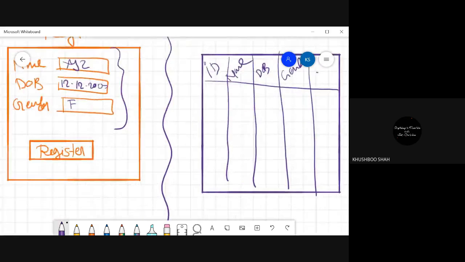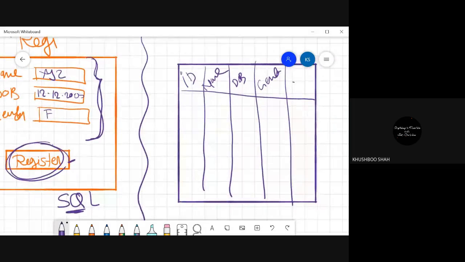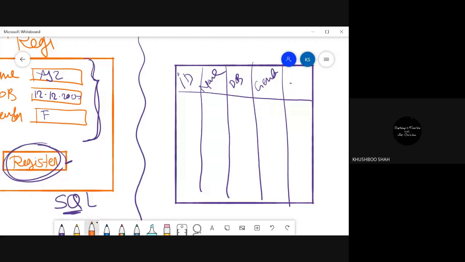Now what happens when you click on the register? When you click on the register, we fire the query, like an SQL statement. All these things you will learn in the database. And when you click on the register, all your data will be stored here in the table,